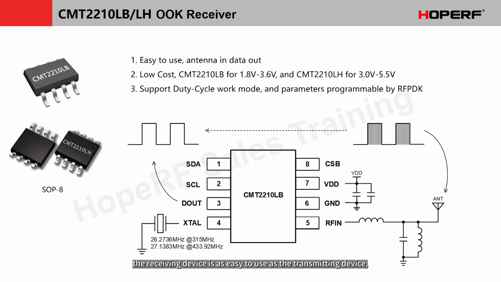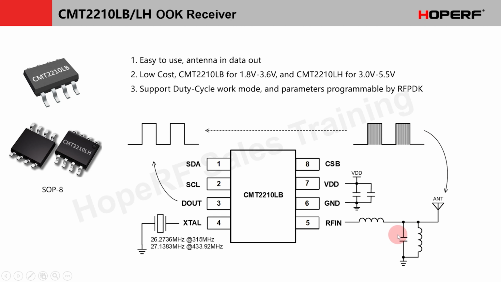Similarly, the receiving device is as easy to use as the transmitting device, but it works in the opposite way. It works in antenna in, data out mode, with the antenna signal coming in here, and the data going out here. This process is the opposite of transmission. Note that